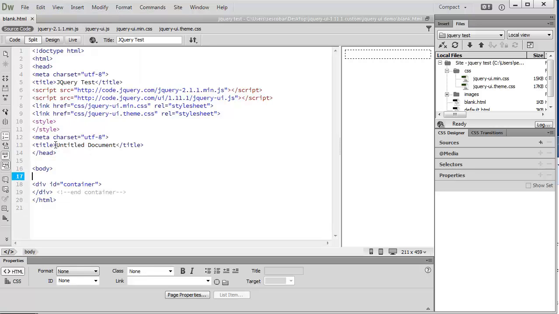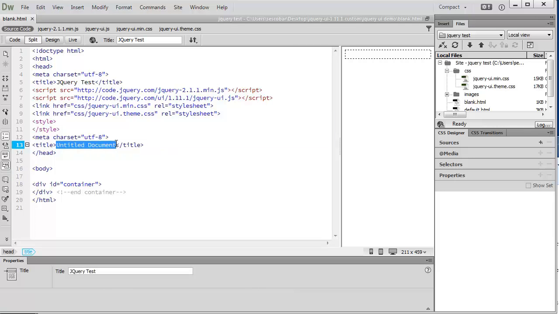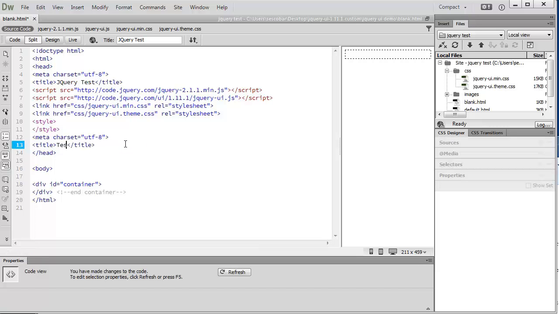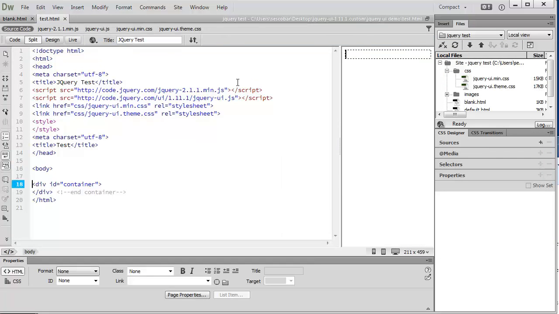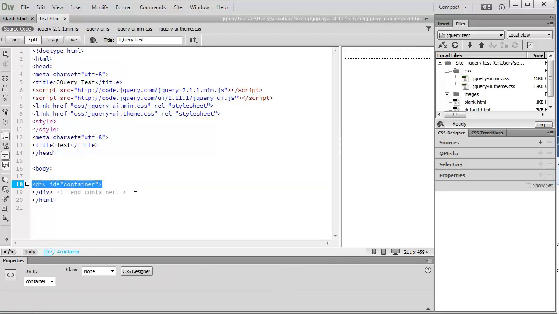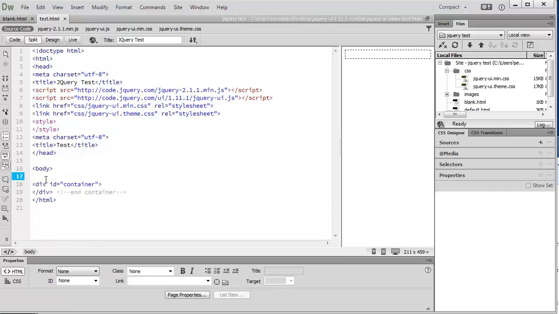And now I am going to call this test, whatever I want to do. File, save as, so I don't overwrite my blank. I'll call it test. Okay. So also inside of this blank, I created this container div because I want everything to go inside of